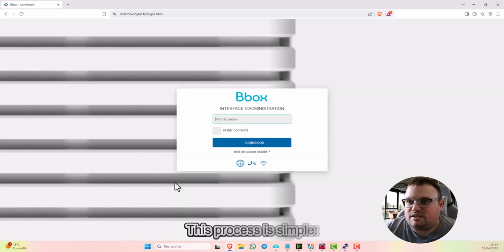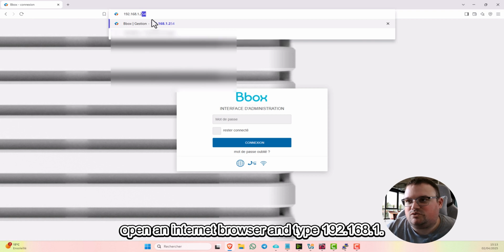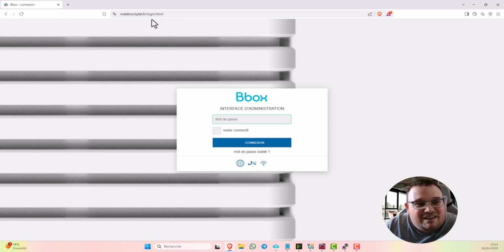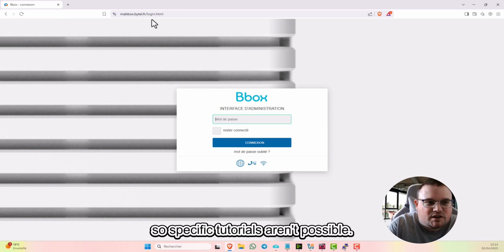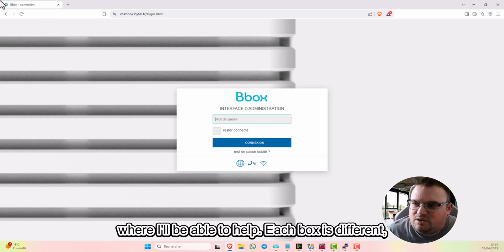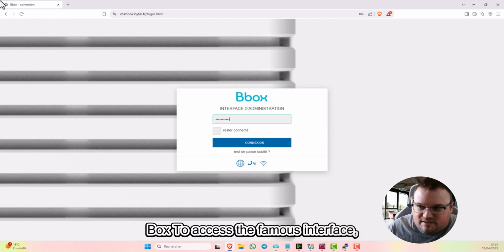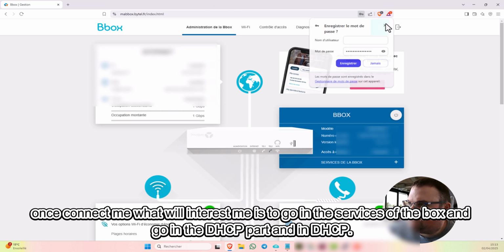This process is simple. Open an internet browser and type 192.168.1.254, which is the gateway for most internet boxes. You'll encounter your box's interface. Enter your box's password. Note that each box is different, so specific tutorials aren't possible. You can ask your questions on Discord where I'll be able to help. Each box is different, so to access the famous interface, once connected,